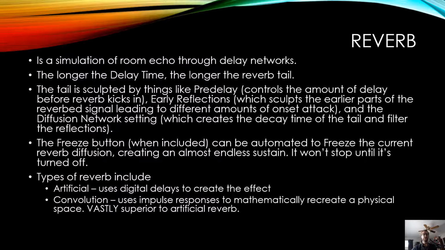But this brings us to the classic, reverb. Reverb is a simulation of room echo that's created through delay networks. So not just one delay, but a bunch of them. The longer the delay time, the longer the reverb tail, the echo part. The tail is sculpted by things like the pre-delay, which controls the amount of delay before reverb kicks in,